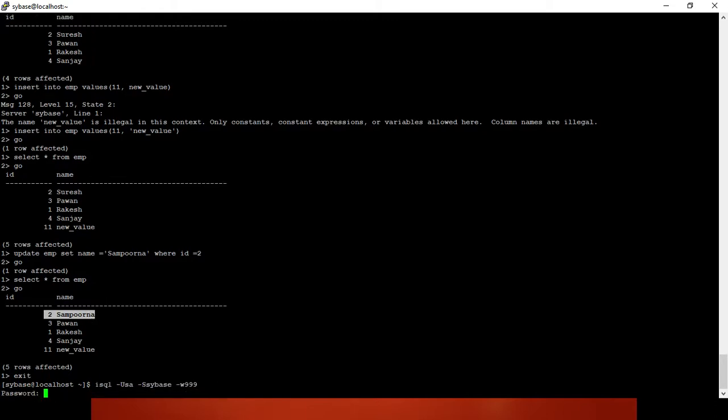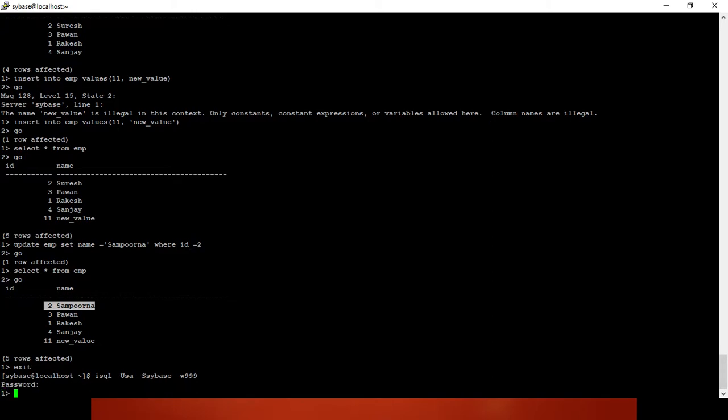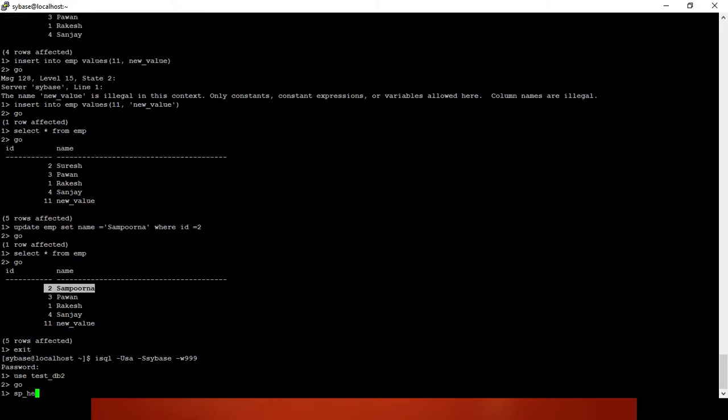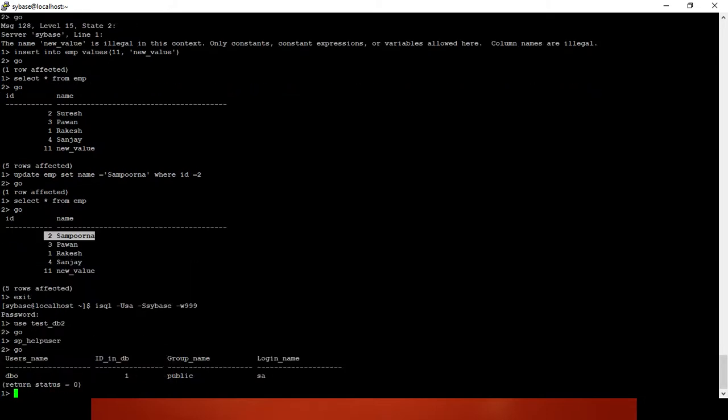So now the user can access the database object. I will show you how to drop a user. This is the command to check the database user. There is no user.